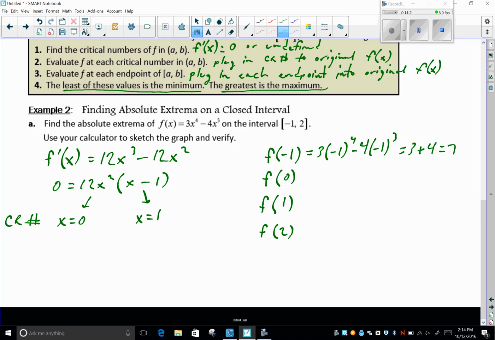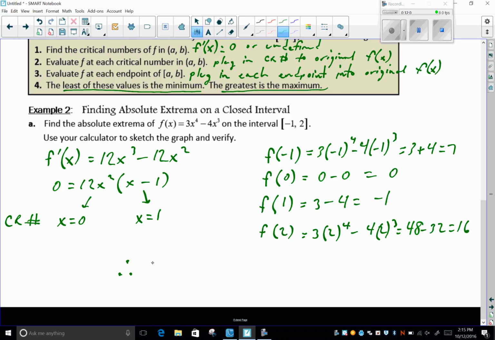Right? Plug in 0, we're going to get 0 minus 0 is 0. All right, plug in 1, you're going to get, let's see, a 3 minus a 4. It's going to be a -1. And then plug in 2, it's going to be 3 times 2 to the 4th minus 4 times 2 to the 3rd. All right, this is going to be 48. 4 times 2 cubed is 32, and that's going to give me 16. All right, therefore,